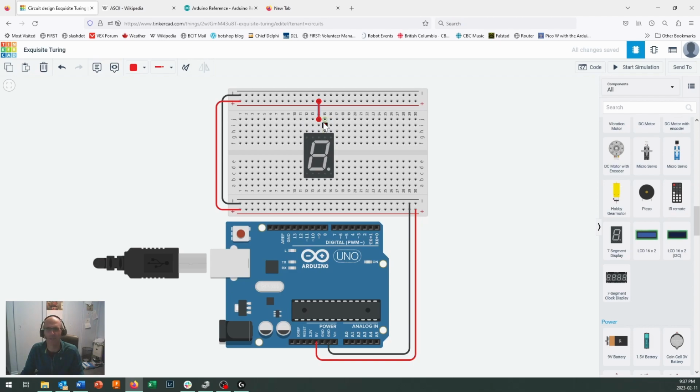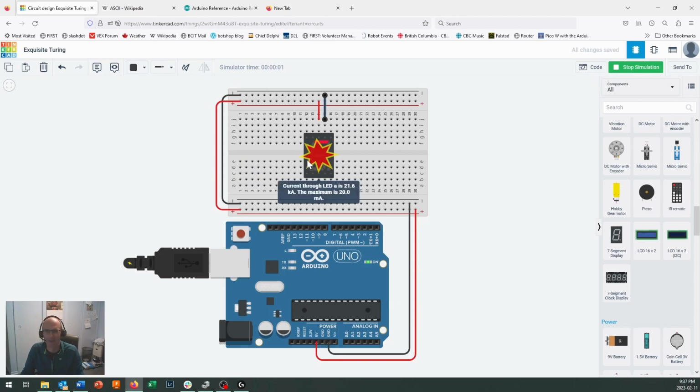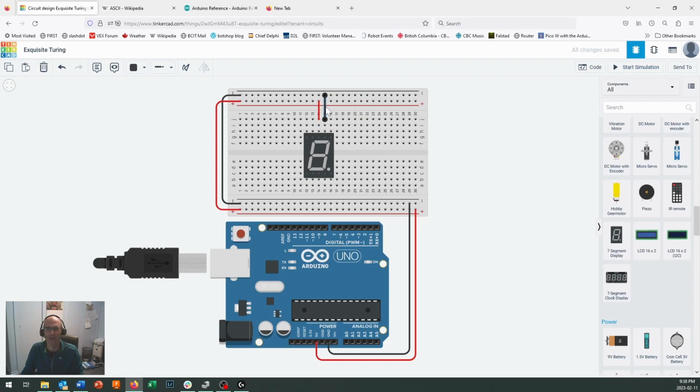And let's see if we can turn segment A on by hooking that up to a black line right there. Make that black because it's going to go around. And let's start our simulation and boom! Okay, apparently we're putting 21,600 amps through there according to this simulation because we have no resistance in there. I think 21,000 amps would have blown up our breadboard computer and probably half your house in the process of doing that. So I'm just going to stop that simulation right there and get rid of that black line because